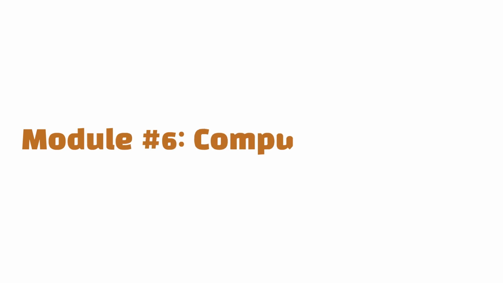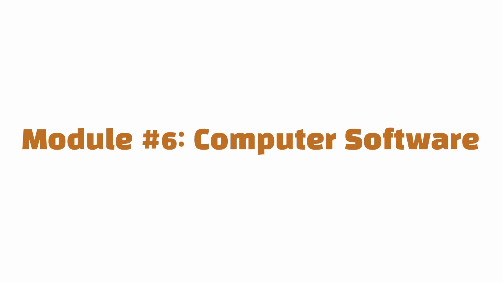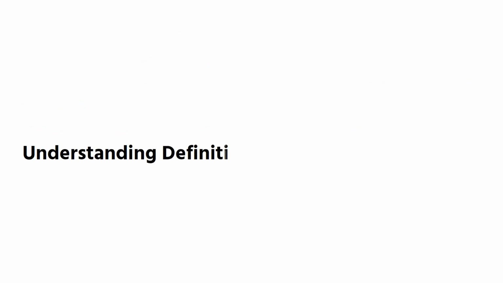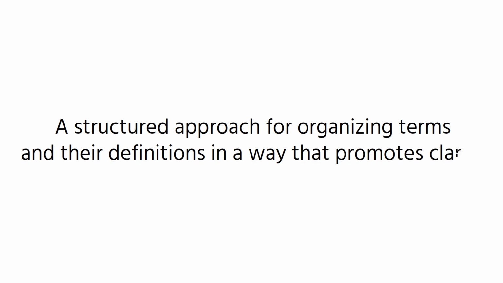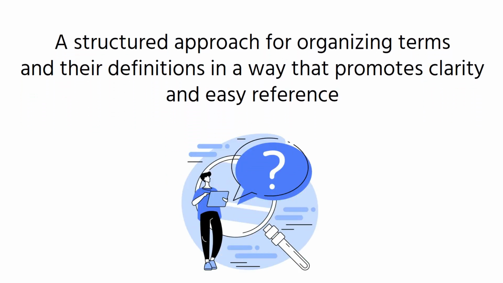Module number 6. Computer Software: Understanding Definitional Lists and their purpose. A definitional list is a structured approach for organizing terms and their definitions in a way that promotes clarity and easy reference. This method presents terms, concepts, or phrases alongside brief explanations or descriptions, allowing readers to access and understand complex or